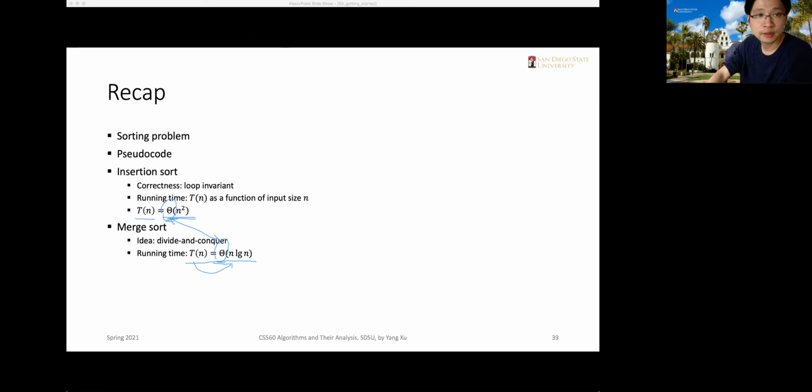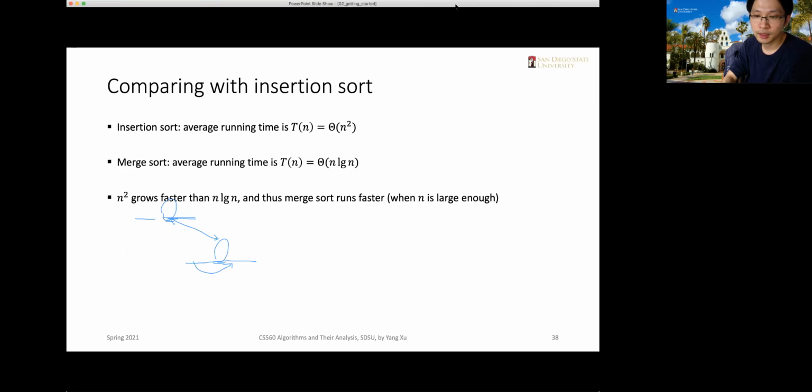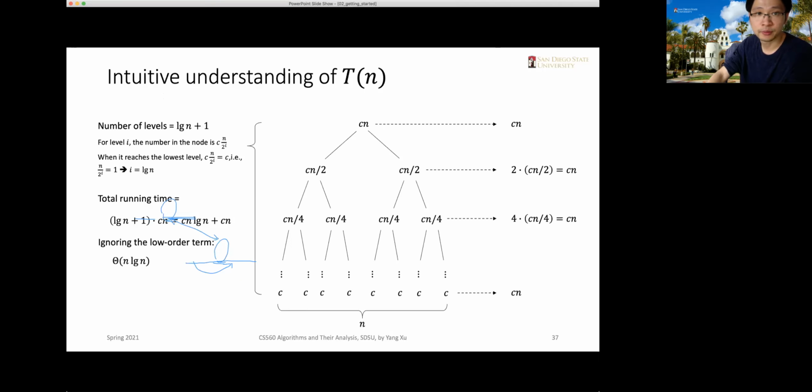Yeah, I see Brandon's question. So we can actually go back quickly. And c is just a constant number, right? Because c is a constant that we arbitrarily define. So this c means that